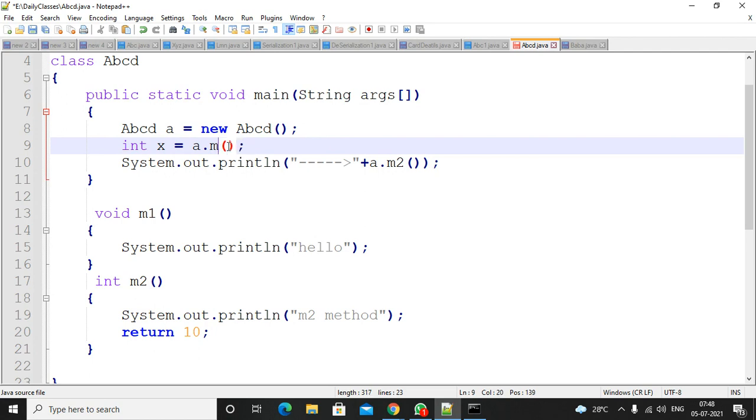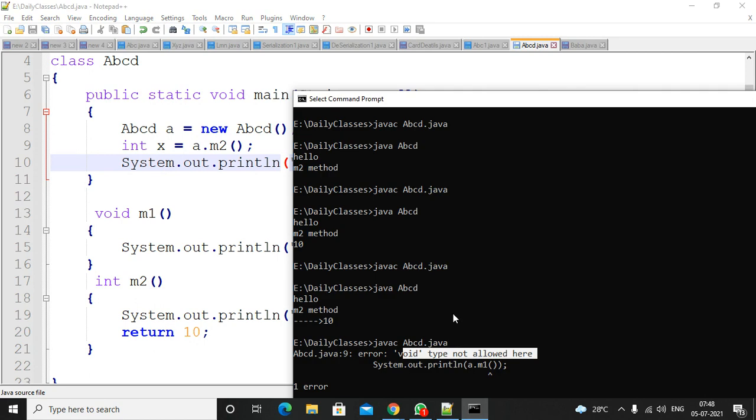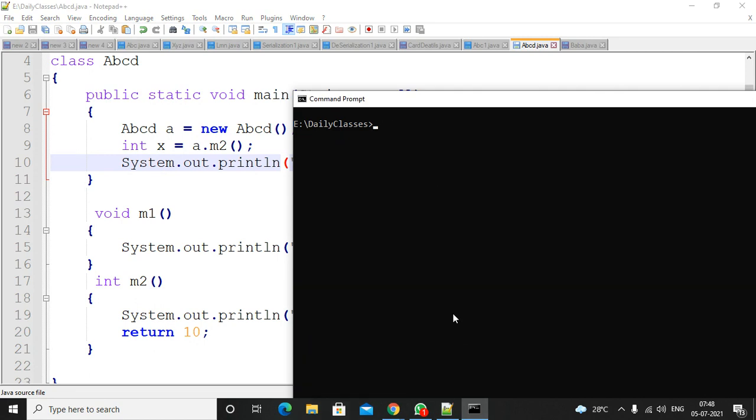If you try it for the M2 method, that is no problem, because the M2 method returns an integer value, so you can store the value in the x variable of integer type. You can print that x here, no problem. Same process, and here you don't get any compile time error.